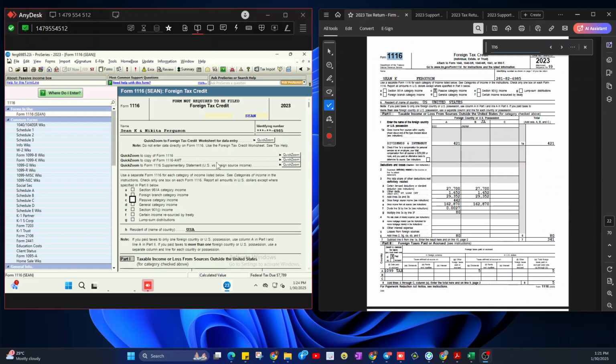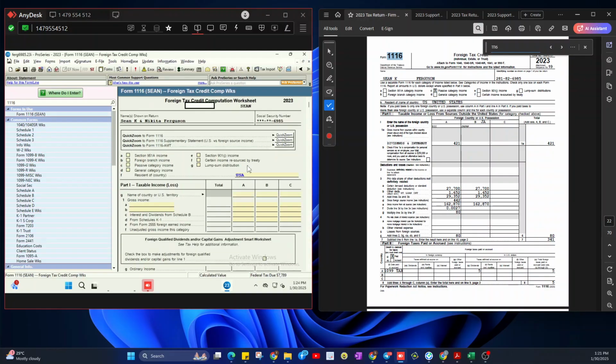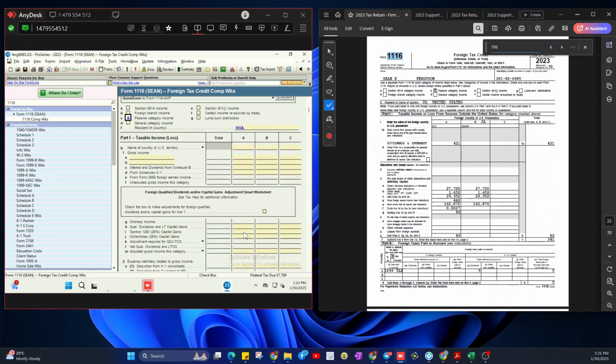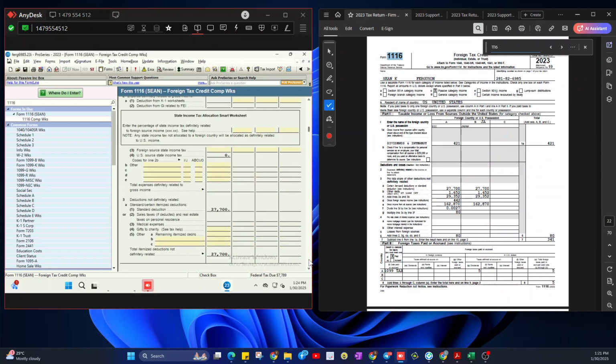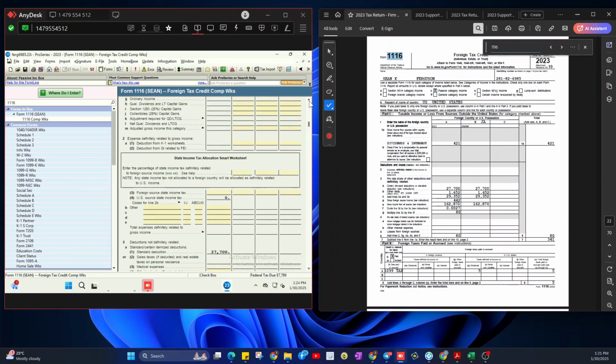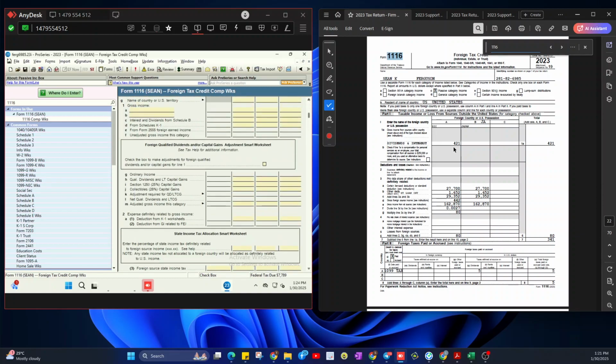Foreign tax credit. So go here to the worksheet, click zoom, then just copy here the passive category income. And then here, how much is the dividends and interest? So if we go to support,